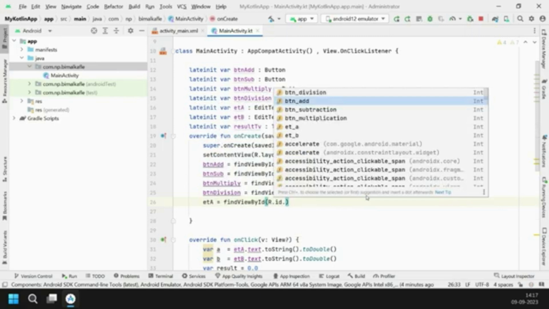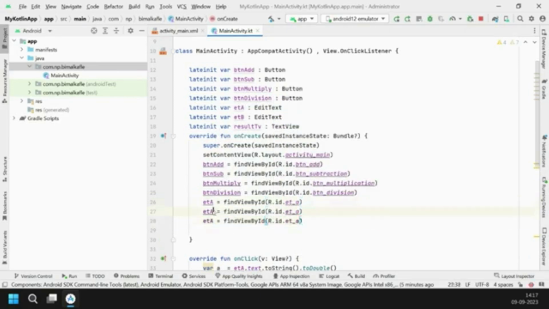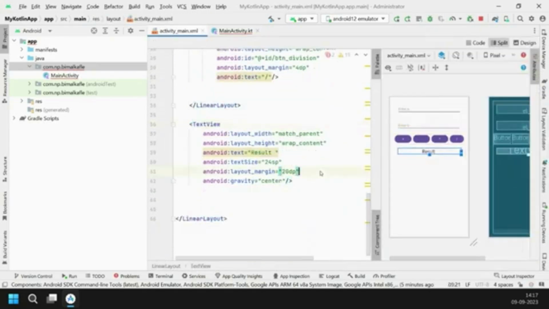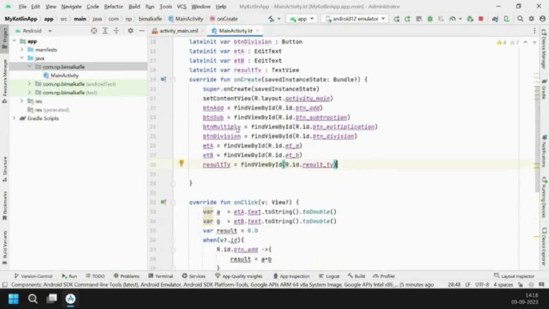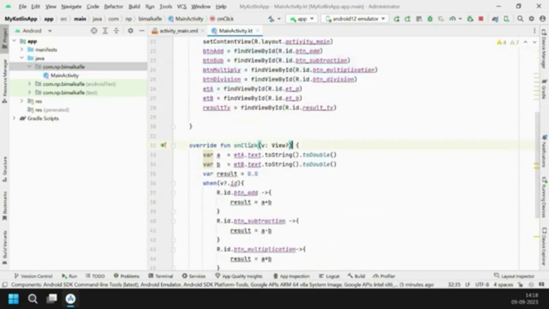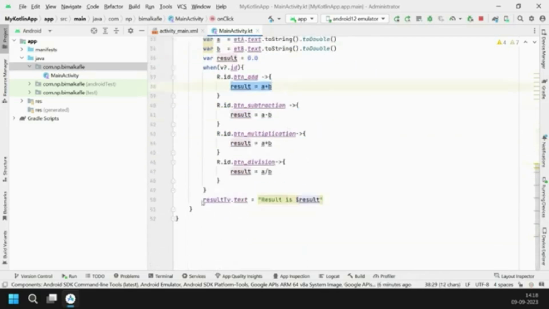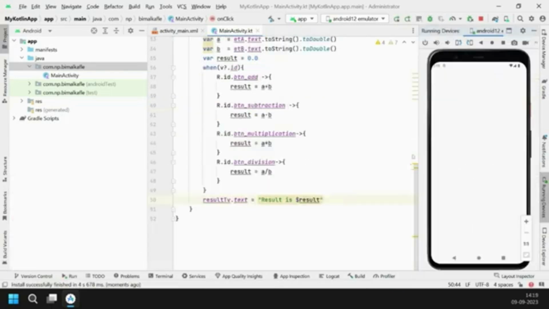So all the variables that I need have been initialized, my buttons are in place, my labeling of my edit text and everything is done. Just that my edit text has been told how it will be fetching, but I need to initialize. So I'm doing the findViewById for the same, R.id.eta, and my things are getting done. It's ready in place, and now I am set to go to see what the view will be. Before that, I'm just initializing my text view as well. My result is done. Now my method for the on-click action is done.